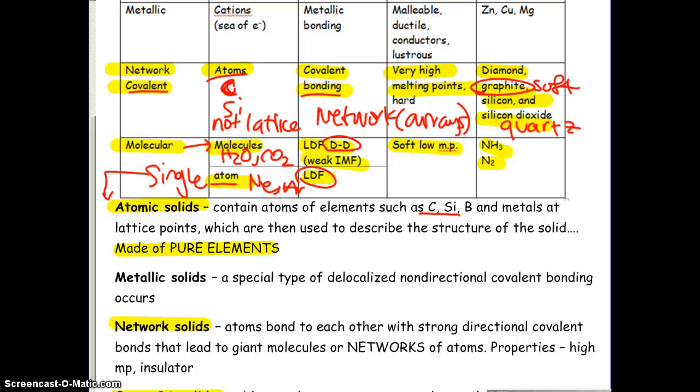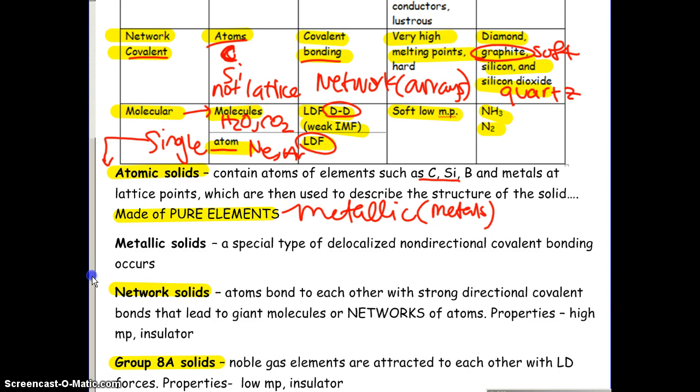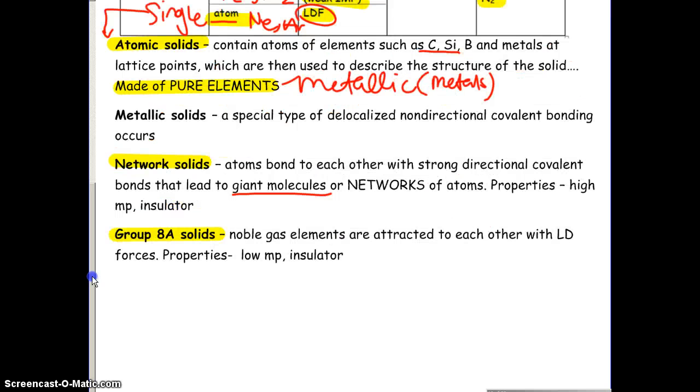Atomic solids can be metallic solids, which you've already heard about, which will contain any of your metals. And then you can have the argon and the noble gases, which would be mainly represented in molecular solids, but it's still a single atom. Metallic bonding, we've talked about before. Network covalent, we're going to talk about them being giant molecules and creating a network of directional covalent bonds. This is just an introduction since it is your reading guide, but we're going to go into a lot more